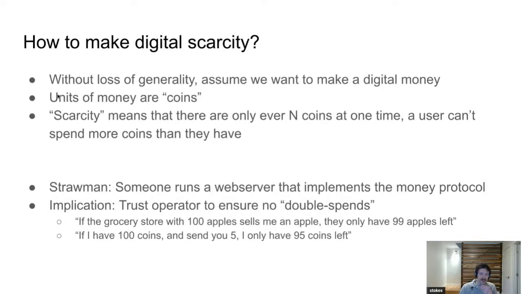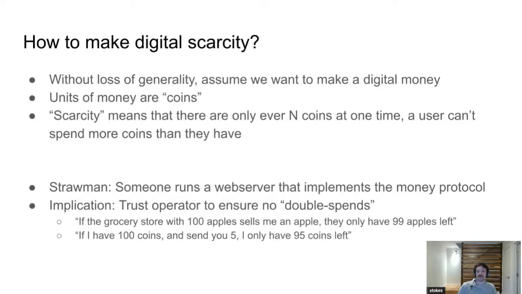So, we'll have this straw man example. You might be familiar with a web server running in what we call Web 2. So there's something like Facebook, Meta, Instagram, all these different social media platforms, Twitter, which I guess we now call X. Either way, just imagine that you have some money protocol. You can write software to implement the rules of this protocol, and it just runs on someone's web server. And the big thing here is that whoever's operating this server, you trust them to make sure that there are no double spends. And this is again the core property that we want to get out of our blockchains.